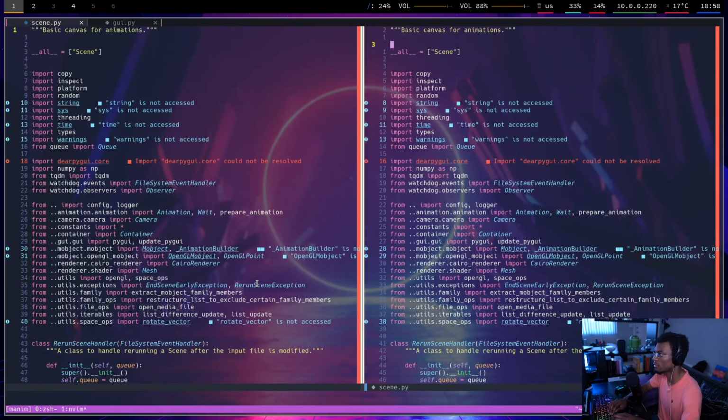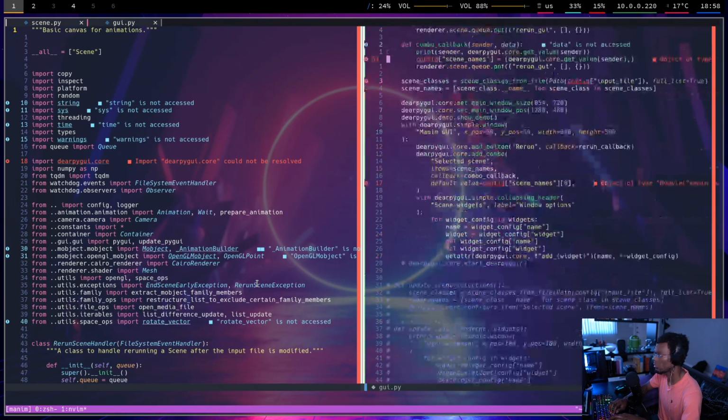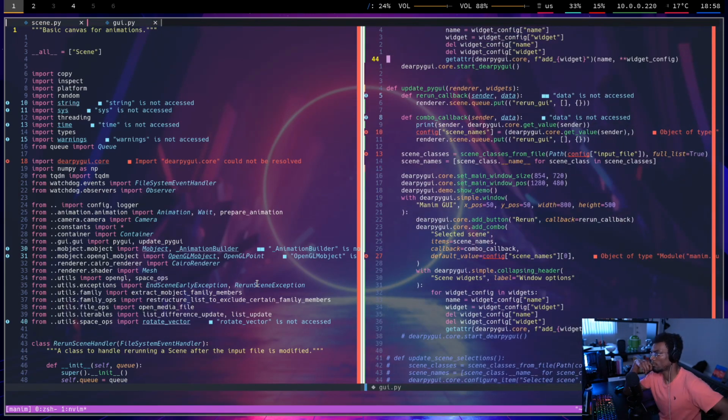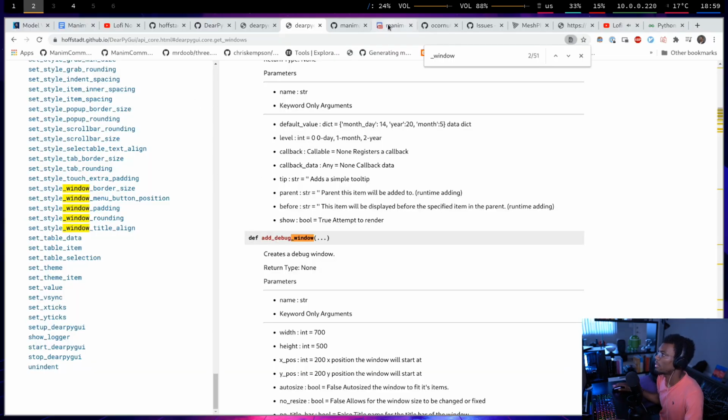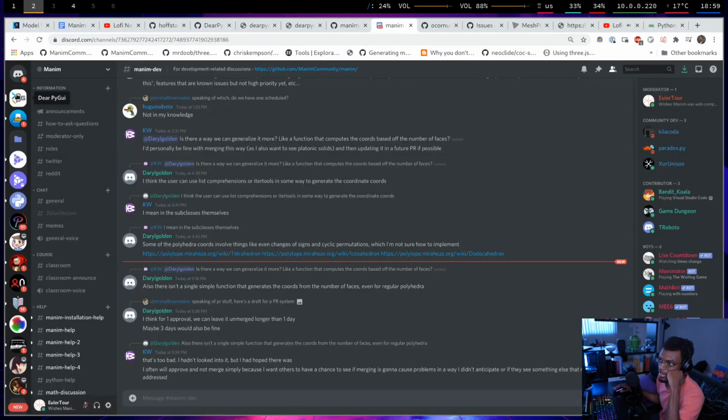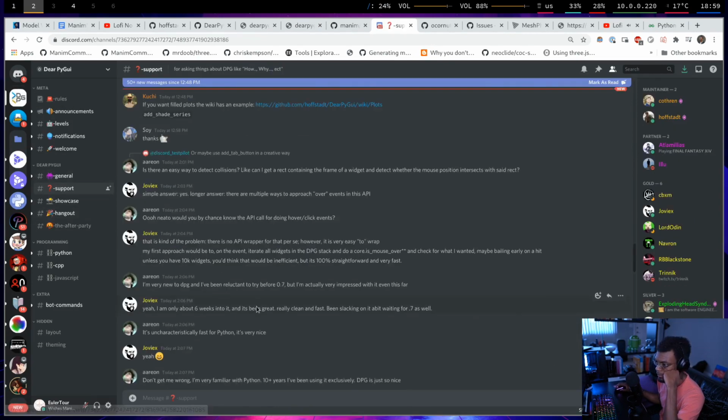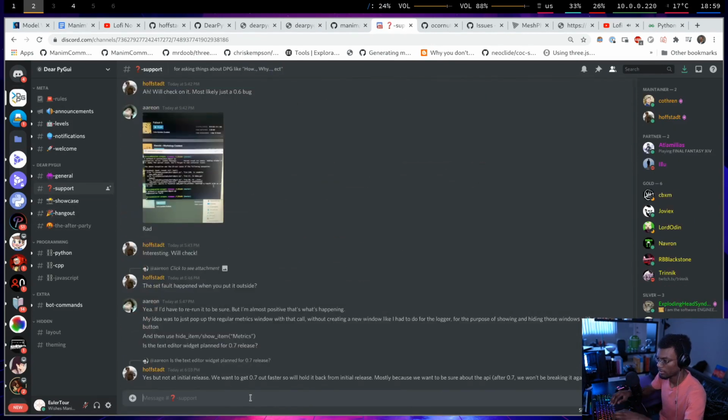GUI.py. Maybe it's possible to destroy the old window and recreate it. I'm going to ask about this on their Discord. I'm going to ask there. Is it possible to update